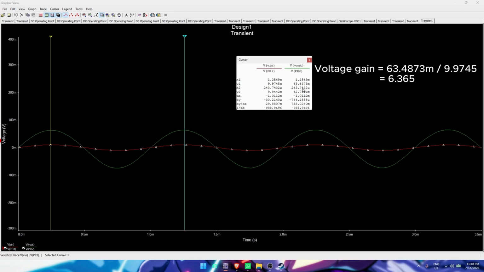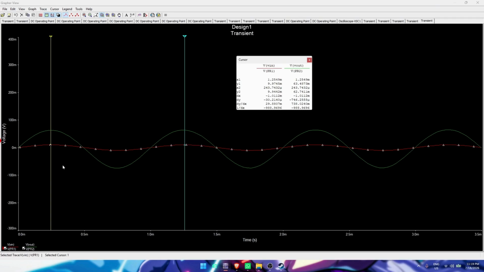of about 6.365. Notice how the peaks of the green and red waves align perfectly because both amplifier stages invert the signal by 180 degrees. Our final amplified output is completely in phase with our input, and that is how we analyze the AC waveform